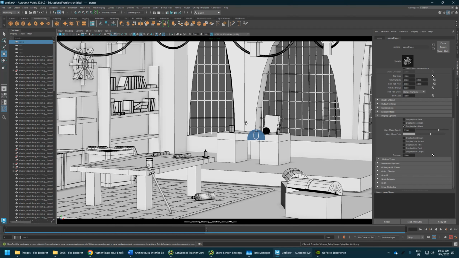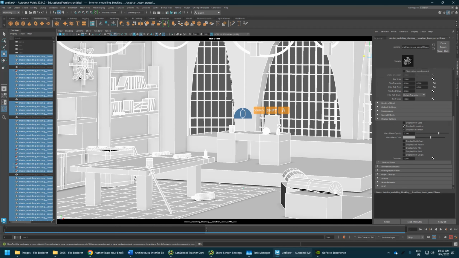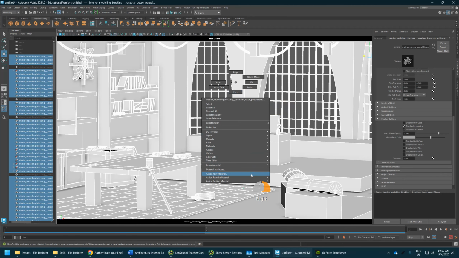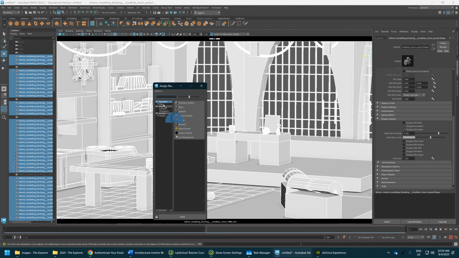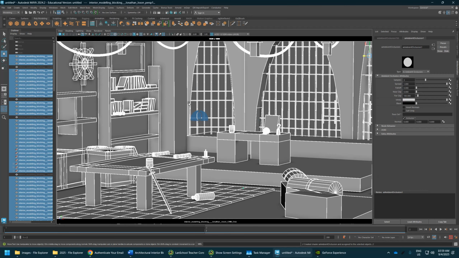Now, if you wanted to, you can get a little bit nicer, higher quality rendering using the Arnold system. So again, I would basically hit Control-Shift-A, which selects all the mesh in the scene. And then right-click, Assign New Material. So just holding right-click, you can go Assign New Material. If you click on there's a little Arnold category, there is a very convenient AI ambient occlusion material. So if I click on that,